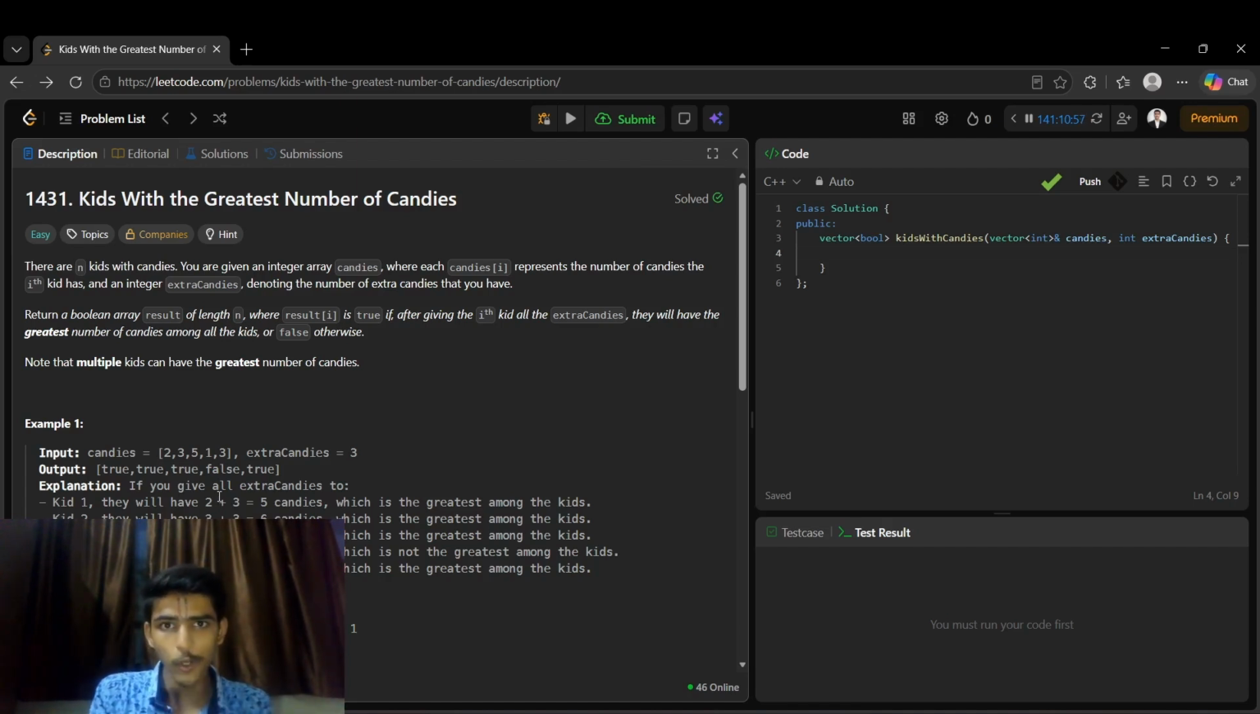Okay, this way we need to put true or false for each and every child in an array and return that array at the end of the code. Okay, this is our complete simple task. Now, first of all, before moving to the optimized solution, because the problem is similar,